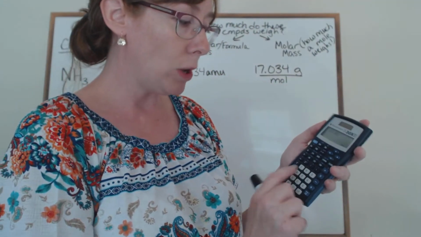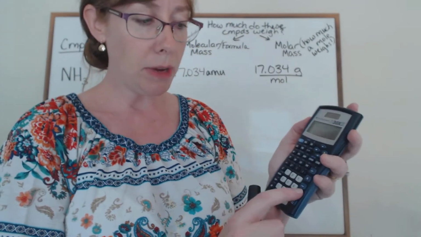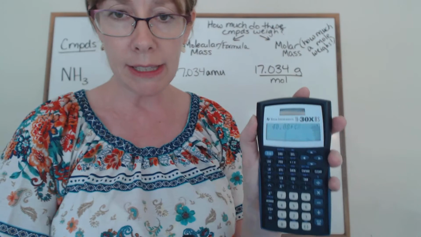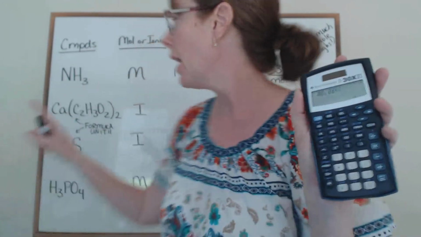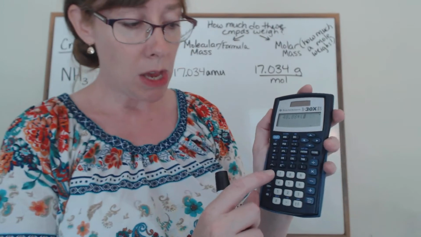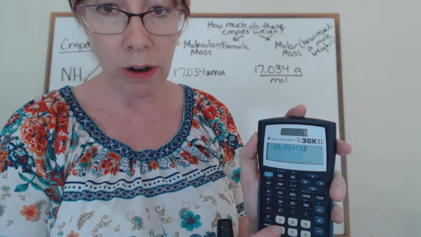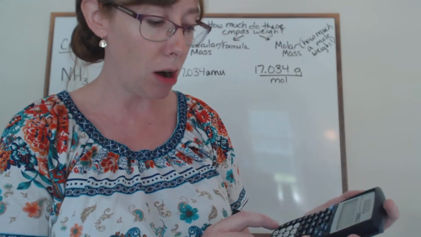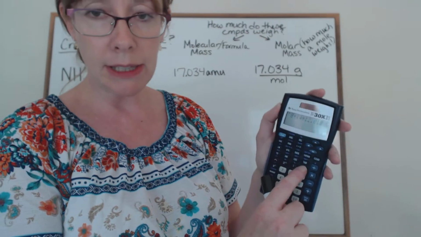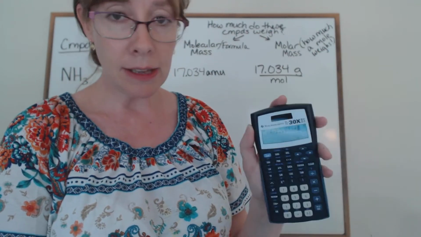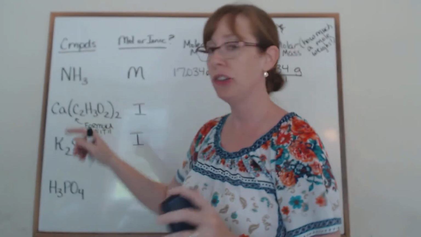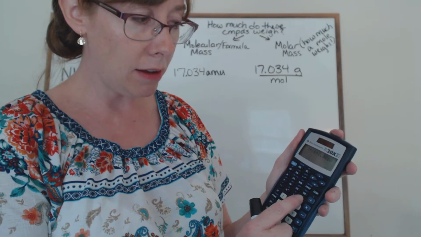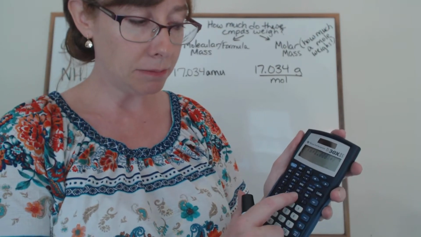So calcium weighs 40.08. I'm going to add, because I'm adding up all these atoms to find out how much the whole thing weighs. I'm going to put a parenthesis in here because I'm going to have to do how many carbons? There's 4 of them. So parenthesis, 4 times carbon, 12.01. Close parenthesis. Plus, now we can handle the next atom, hydrogen. There are 6 of them. 6 times 1.008. Close parenthesis. Plus